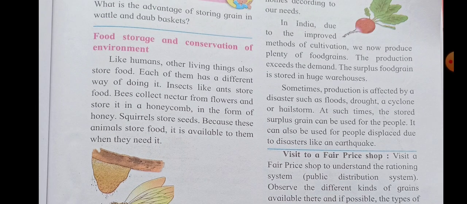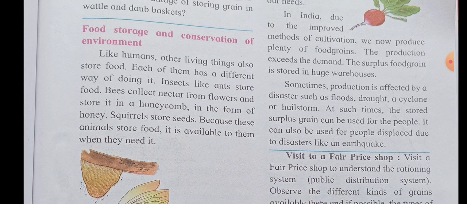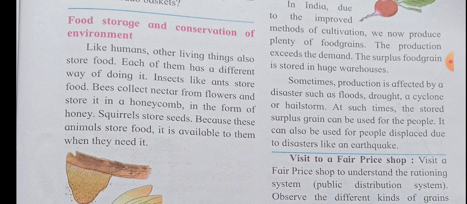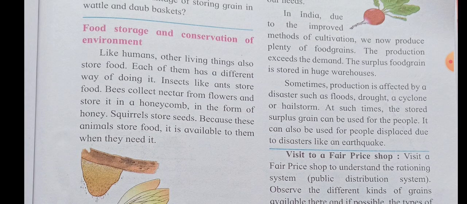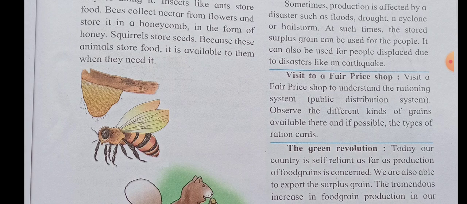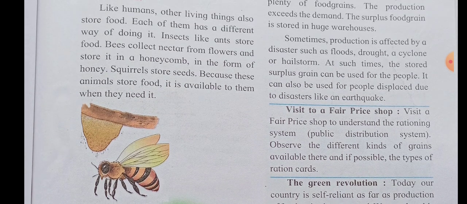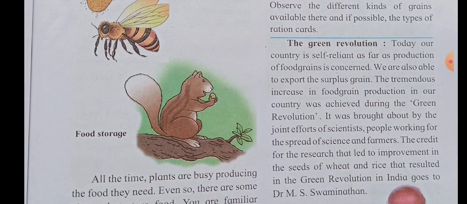You also purchase, your parents purchase food grains. In the whole year, however much food grain you require, that much is purchased in the summer season. Like that, animals also store food. How they conserve the food is also very important, that is conservation and storage. And after that you see that,